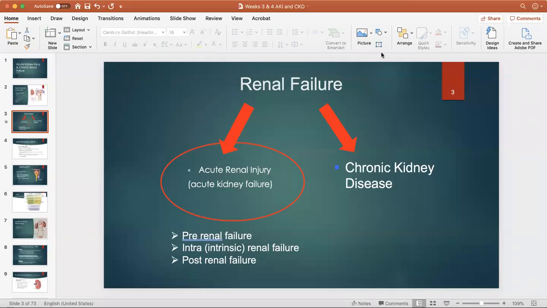So there are really two main types of kidney or renal failure, or two classifications. You have the acute renal failure, acute kidney injury, acute whatever, and then you have chronic kidney disease. And we'll talk more about the difference between these two things, but